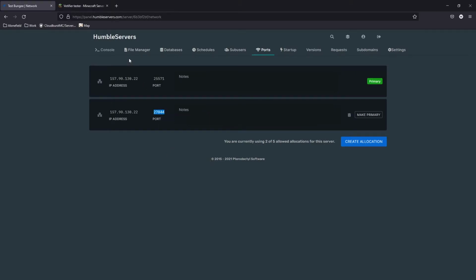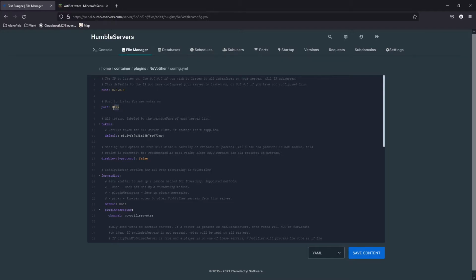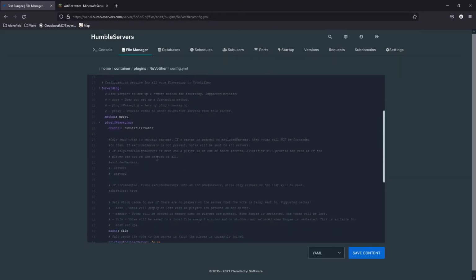I'll copy this port, go to file manager, plugins, new Votifier, and config, and same as we did there, we're gonna change the port here and click on save. Make sure the host is 0, do not change the host. Once you've saved this, you're gonna go to method and change it to proxy, save it, and then